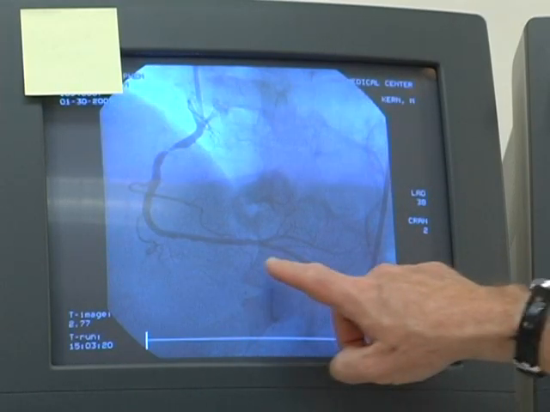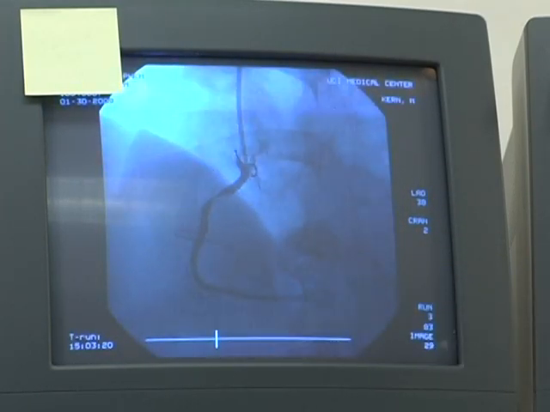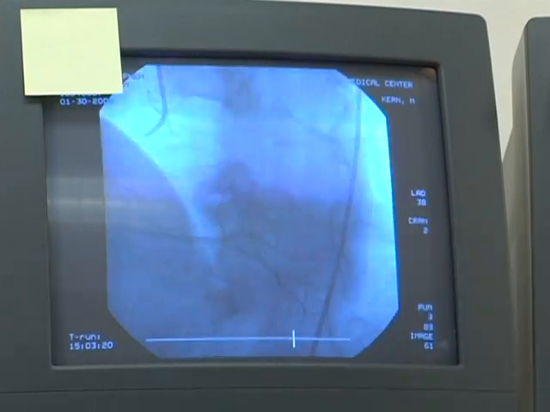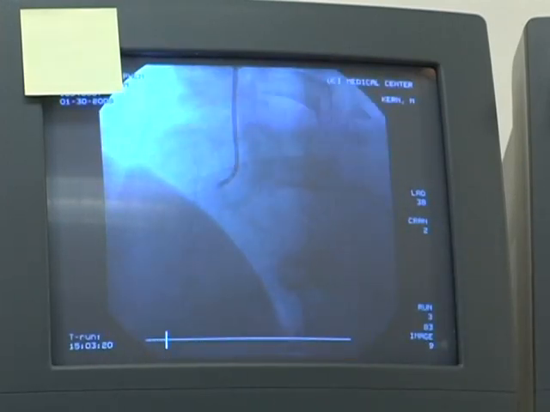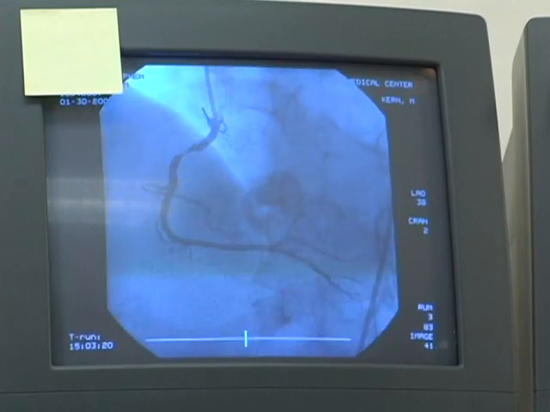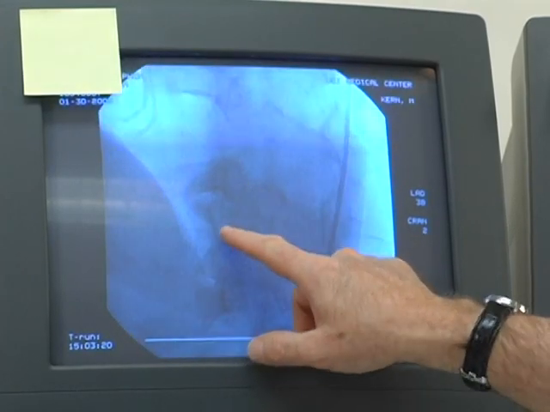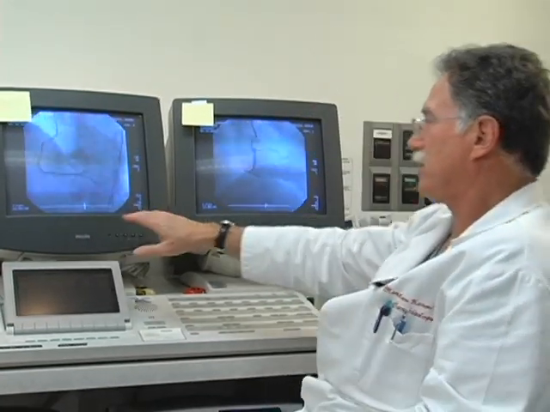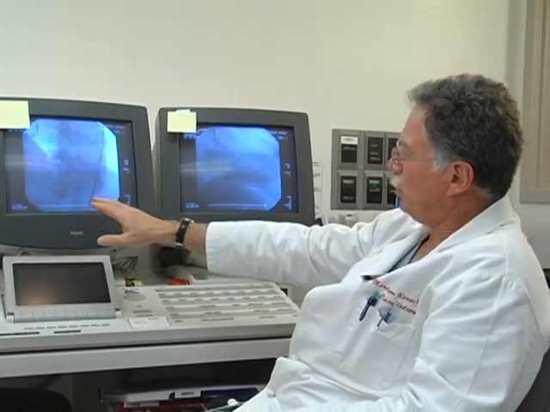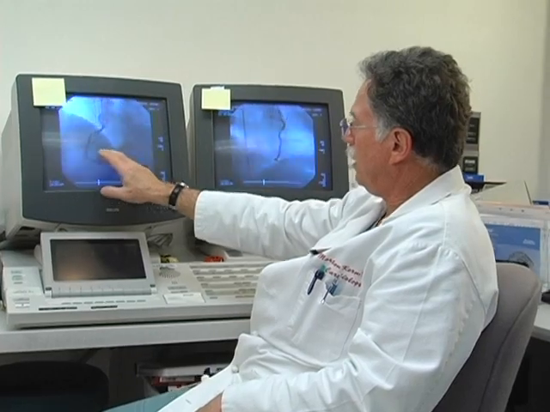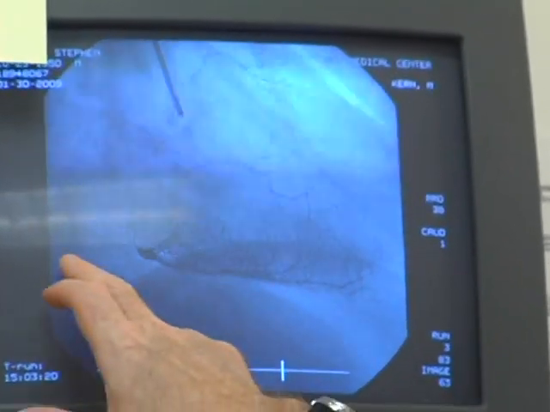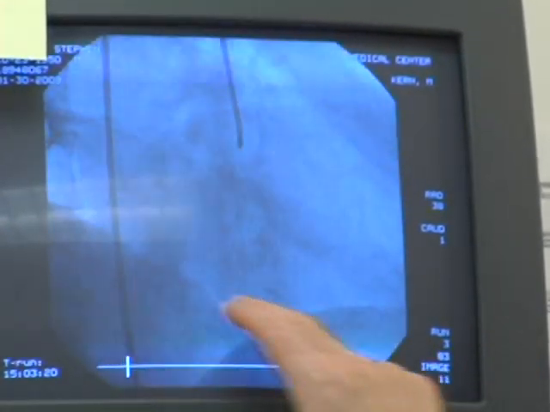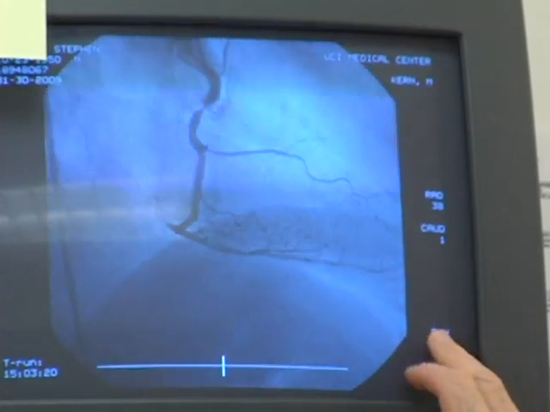Let's take a look at this, and I think it's very nicely depicted that the stenosis is worse when the vessel is moving than any still frame we can get, and that the AV nodal branch and posterior descending tell us this is the dominant vessel in the heart. Now swing from left anterior oblique to right anterior oblique, and again the posterior descending now is horizontal to the film, perpendicular to the axis of the film,